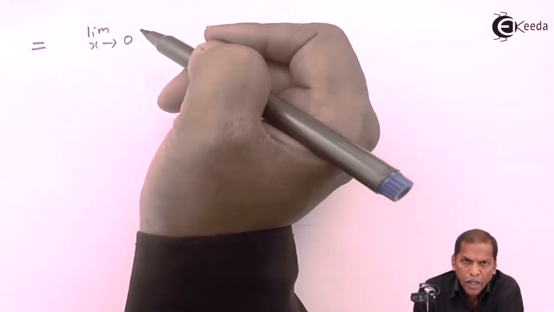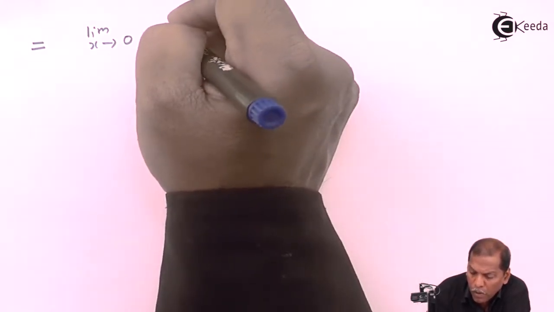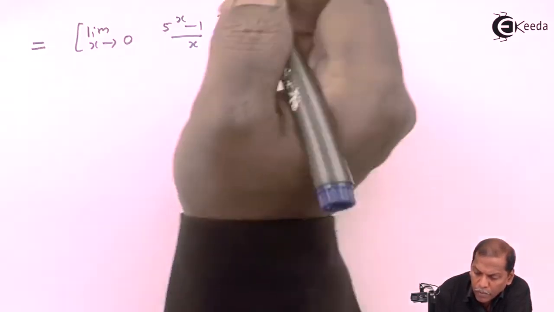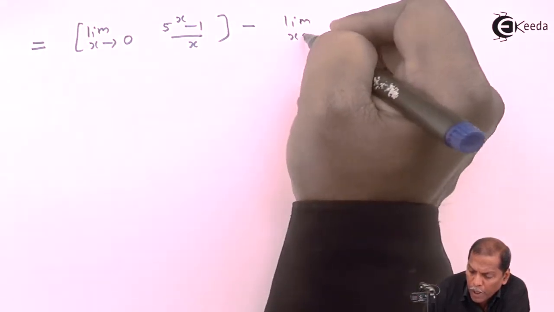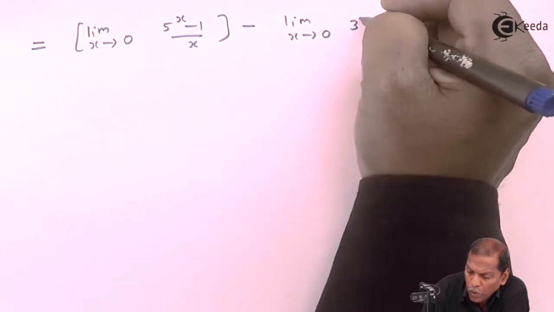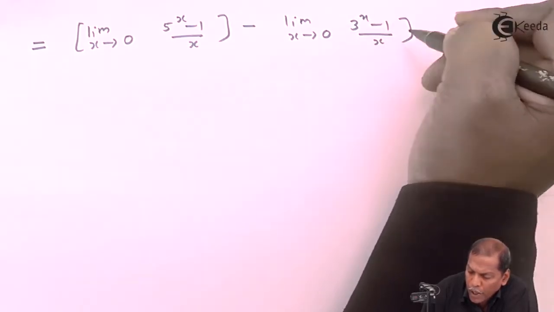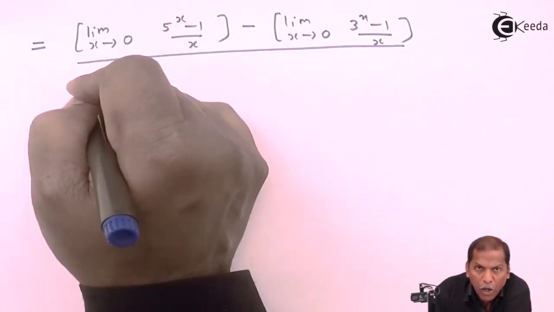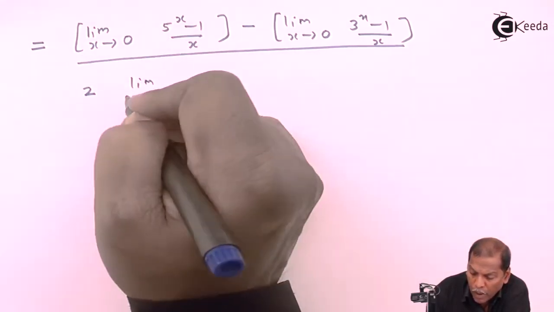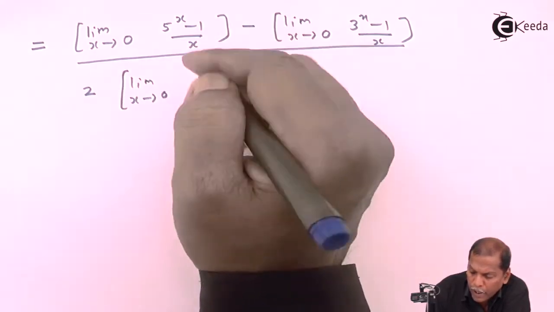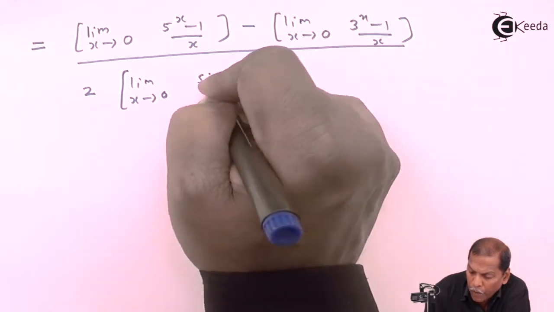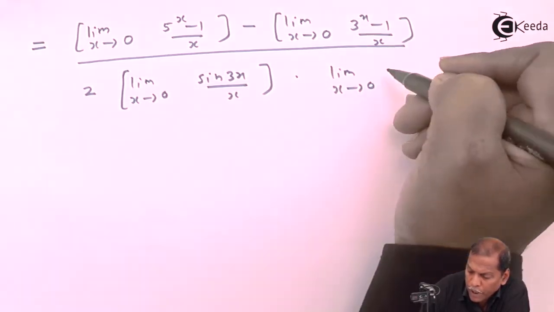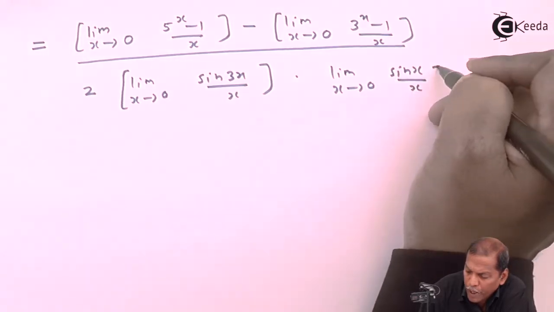Now in the numerator we cancel x, so we are left with 5 raised x minus 1 upon x, then minus limit x tends to 0, 3 raised x minus 1 upon x, whole thing divided by 2, a constant term, we take outside the limit, and then limit x tends to 0, sine of 3x upon x into limit x tends to 0, sine of x upon x